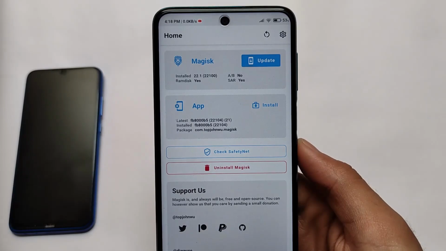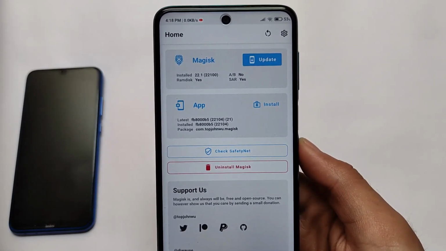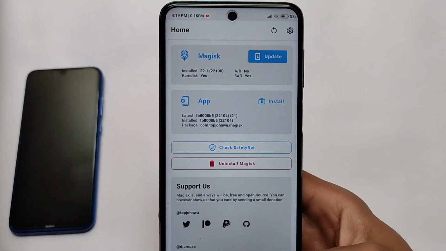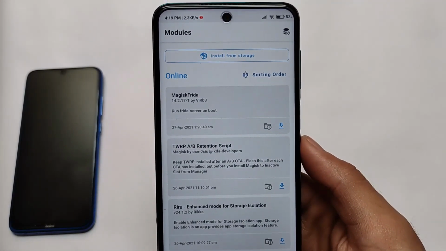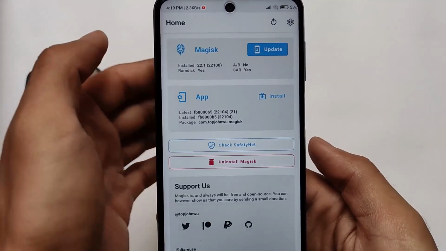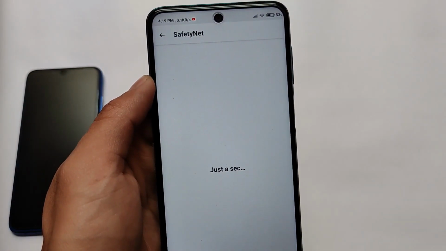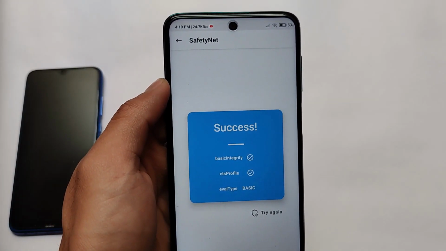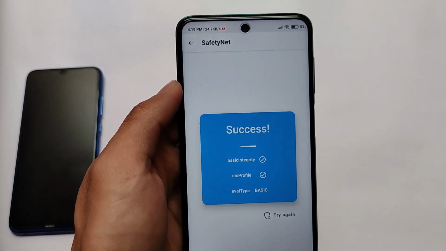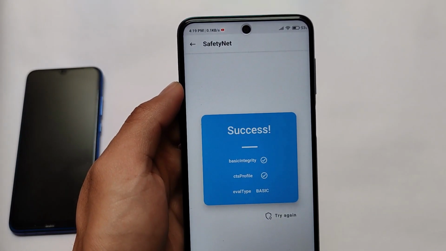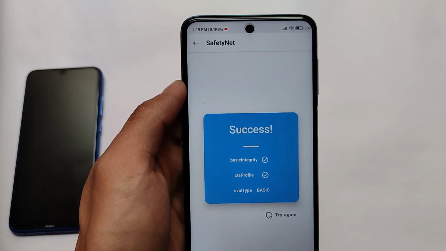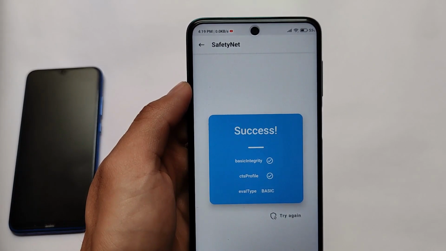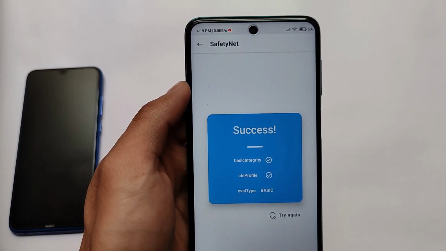For example, if you talk about Magisk, which also plays an important role on your device. If you want to pass the SafetyNet status, if you use a custom ROM, most probably you will use Magisk on your device. Right now SafetyNet is giving some kind of errors, for example, the SafetyNet API error. If you don't know how to solve that, how to pass the SafetyNet status, how to certify your device, I made a whole dedicated video on that one. Make sure to watch that, because that's very necessary and very helpful for you. You should definitely watch that if you are having issues with the SafetyNet status.